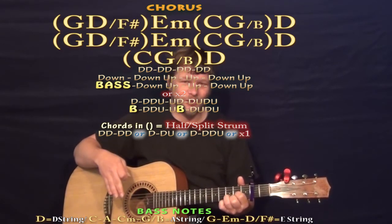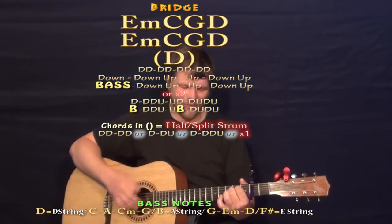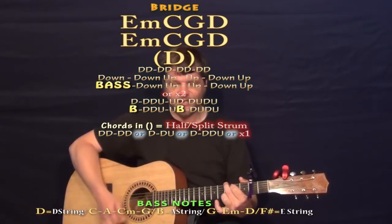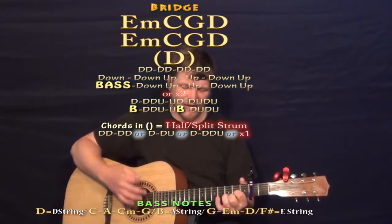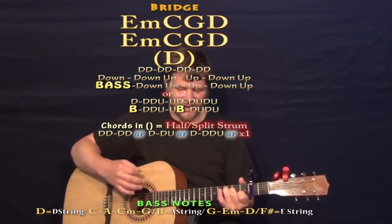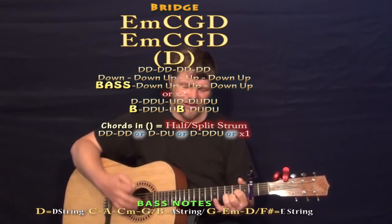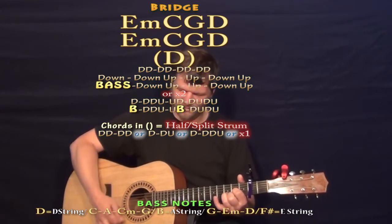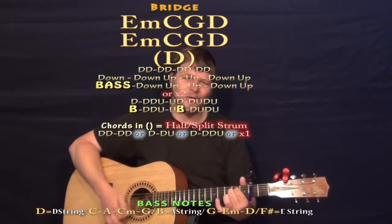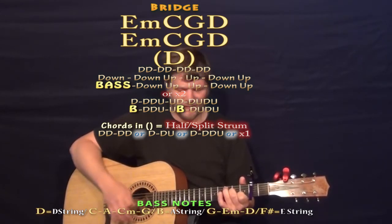From there, we'll be going into our bridge part. So we tried our bridge with a bass, down, up, down, up. We have our E minor, C, G, D, E minor, C, G, D. And so it's like we have a big down on that one. Or if we tried our times 2 idea, you'd have the E minor, C, G,